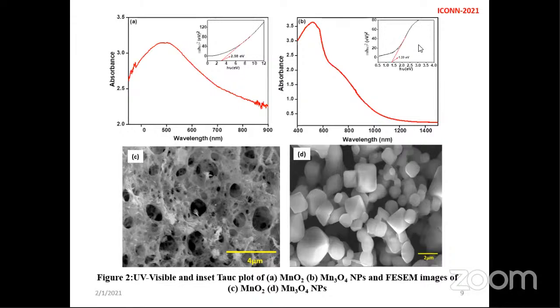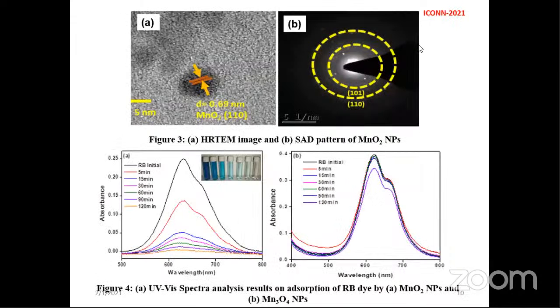From the first figure, the FESEM for MnO2, we can see that a honeycomb-like morphology was obtained, which shows many cavities, very efficient for the adsorption process. But in the second one, rigid rhombic dodecahedral shapes were obtained, which have no cavities and are less efficient for adsorption. We have also done HRTEM, where we found a particle size of around 10 nanometer and a d-spacing of 0.69 nanometer. The polycrystalline rings were also obtained, corresponding to the HKL values of the XRD pattern obtained for the MnO2 nanoparticles.